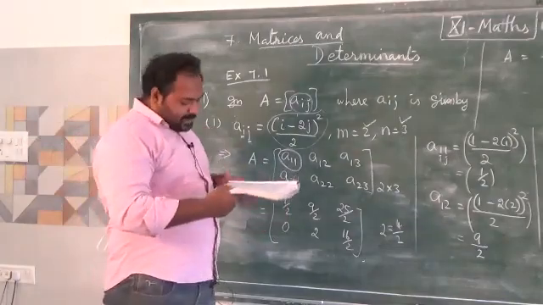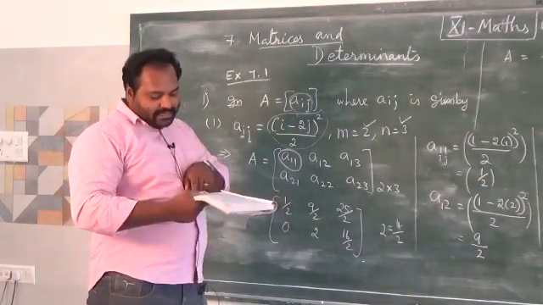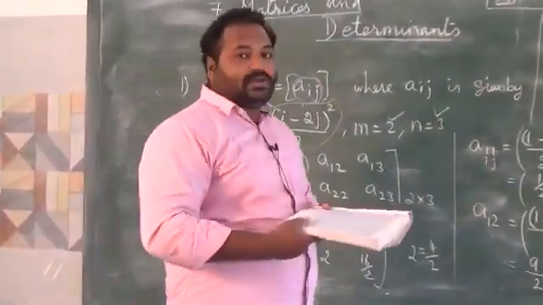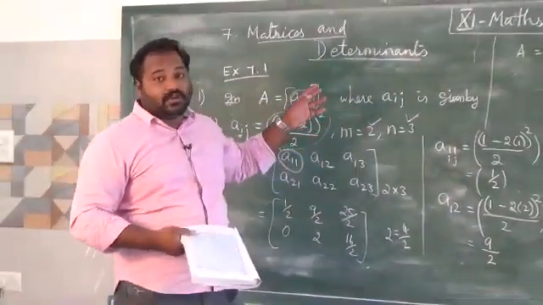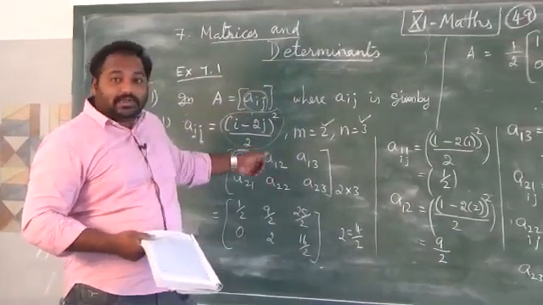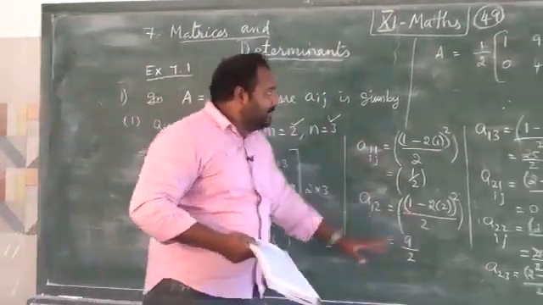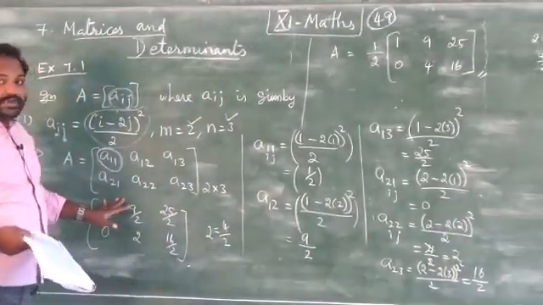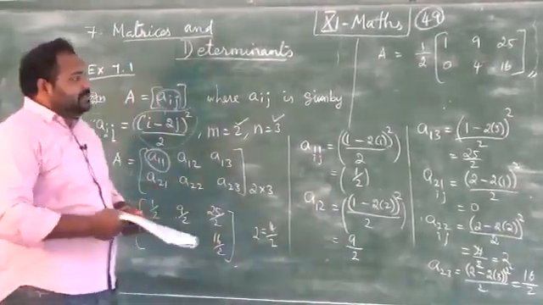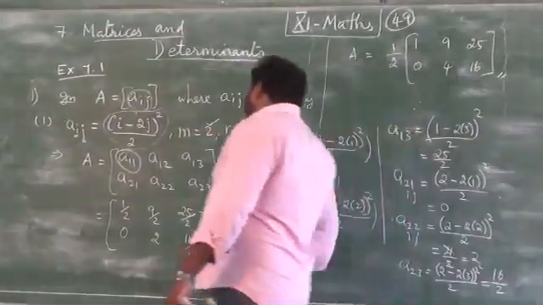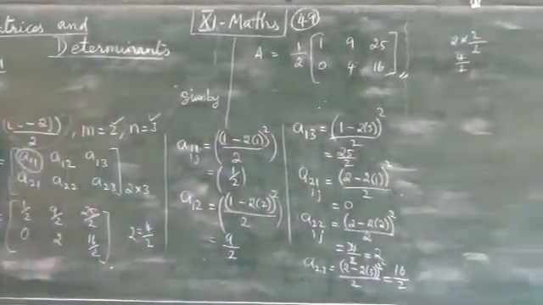Using Aij, some other condition is given. Using that condition, we can find out A11, A12, A13, A14, and likewise A21 and A31. So all the values you can find like this and apply them in the box. You will get the required matrix. Okay, now you can do this problem on your own. Next we can go for the second question.